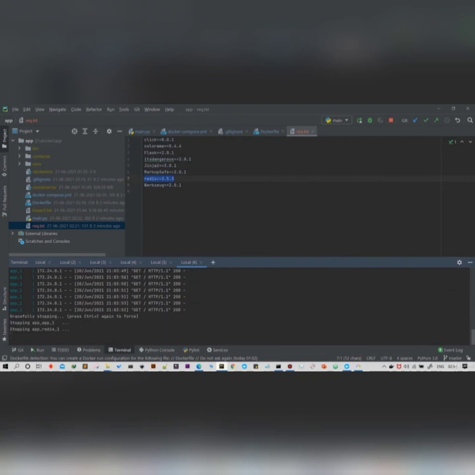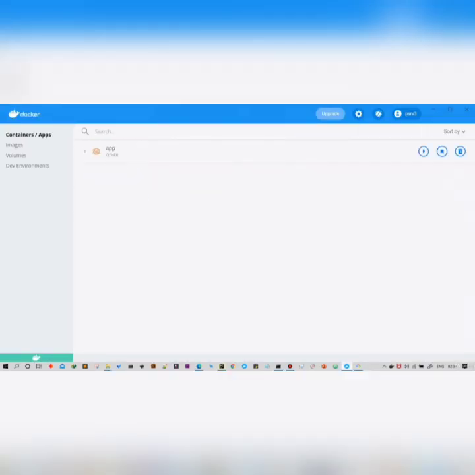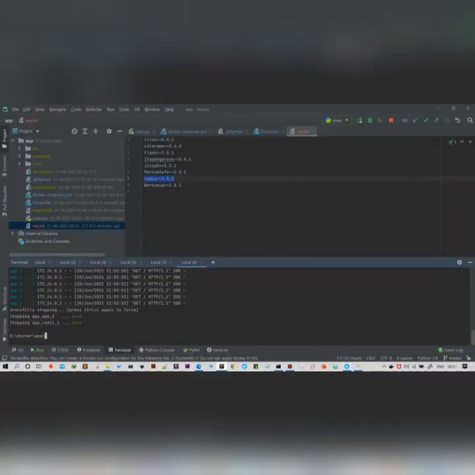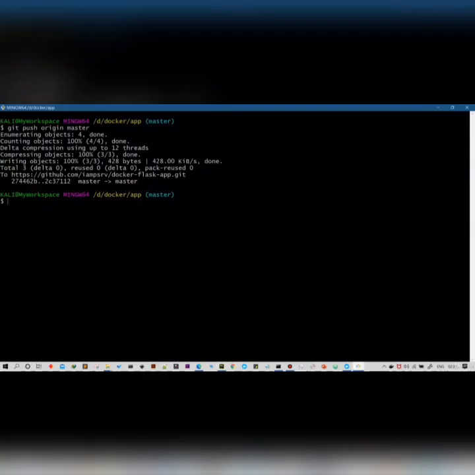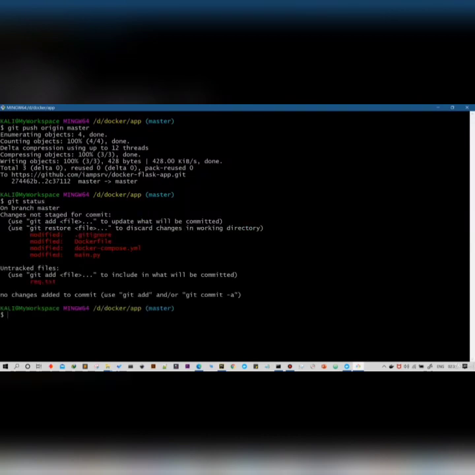Now I'm going to stop all of the containers, and now I'm going to push all the things which we made here into our GitHub repository, so that you can get all the code, and it will be very easy for you to run and create containers there.